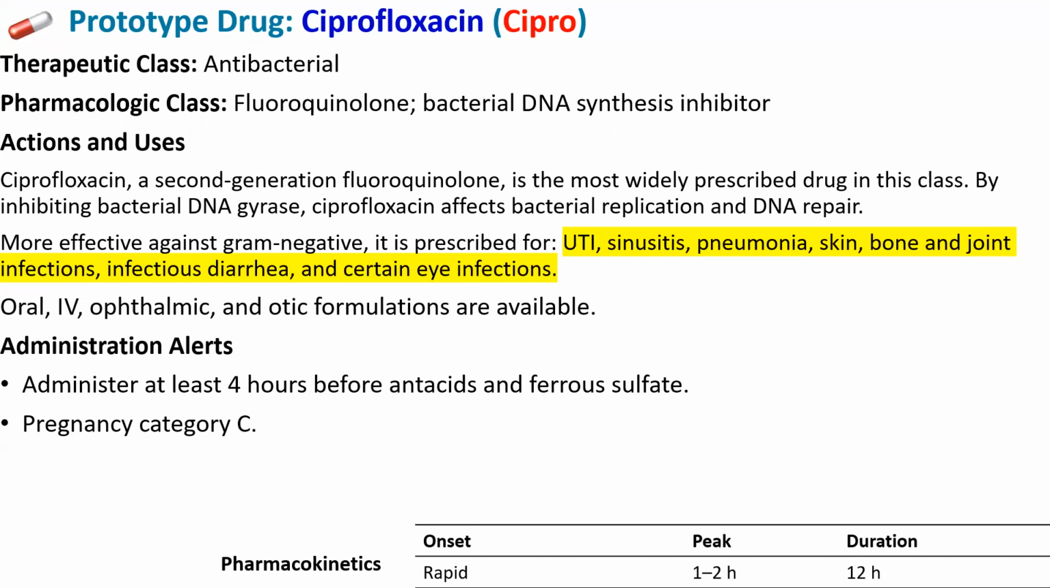Ciprofloxacin is the second generation fluoroquinolone and the most widely prescribed drug in this class. It inhibits bacterial DNA gyrase. Cipro affects bacterial replication and DNA repair. It is more effective against gram-negative than gram-positive bacteria, and it's prescribed for UTI, sinusitis, pneumonia, skin, bone and joint infections, infectious diarrhea,